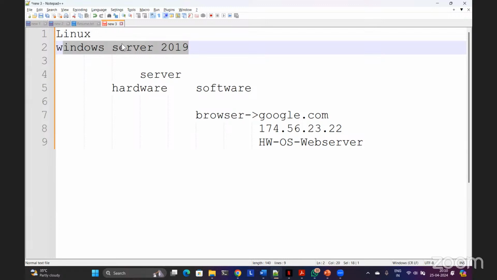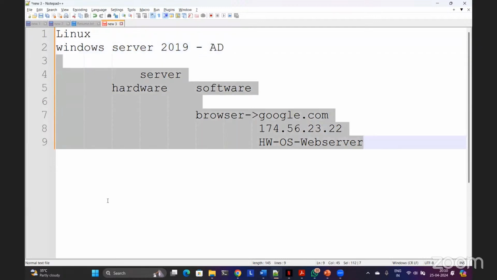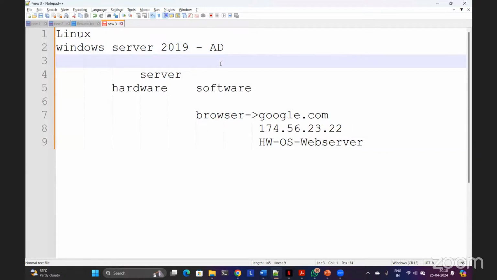These days, Windows Server is preferred for central authentication, or we can say a central management system using Windows AD, Windows Active Directory. Again, it's a software installed on Windows Server. Its job is to manage all the other servers in the project, in the network, as clients. And then you can manage all of them with Windows AD, like user authentication.